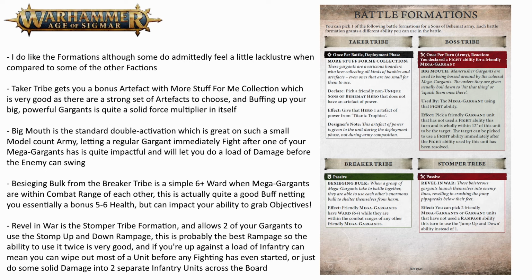Finally, the Stomper Tribe is another passive. Revel in War lets you pick 2 Gargants or Mega-gargants to use the jump up and down rampage instead of just 1. Now, I think the jump up and down rampage is the best in your battle traits, so getting 2 Gargants doing it instead of just 1 is a really big bonus, and if you had 2 Mega-gargants going into the same 20 strong infantry unit, your first Mega-gargant could use it and kill around 6 of them, and then your second one would kill about another 4 from the remaining 14 models, so you could fully wipe out half of an enemy unit before combat even begins with this formation,